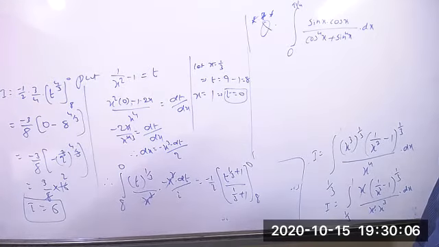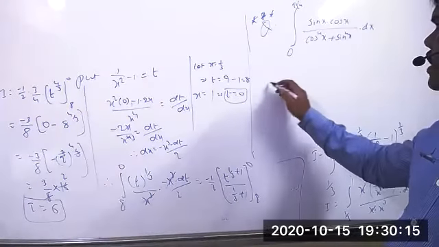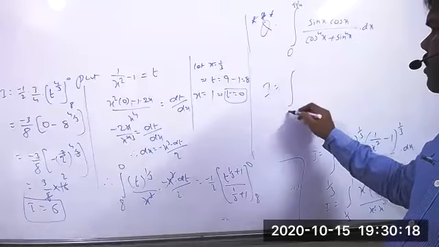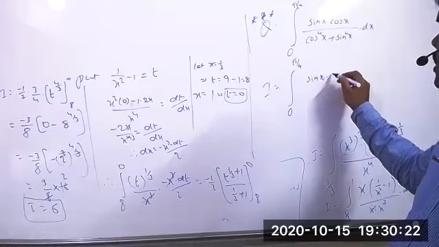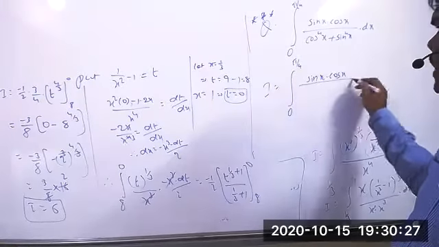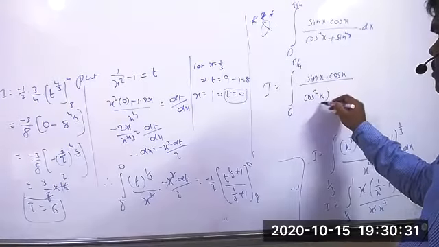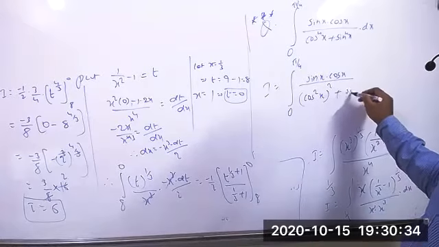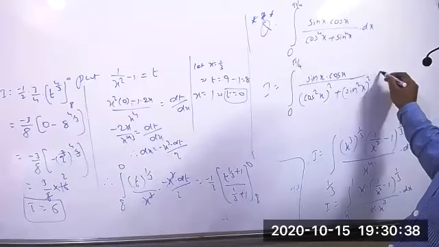But this kind of questions, if they're asking any problem, we can't take direct substitution. First we have to simplify it. Then later you can take the substitution. So first you can change this value now. So the value of I equal to 0 to pi by 4 sin x into cos x as it is, whole by the cos power 4x, you can write now cos square x whole square plus this one I can write now sin square x whole square into dx.